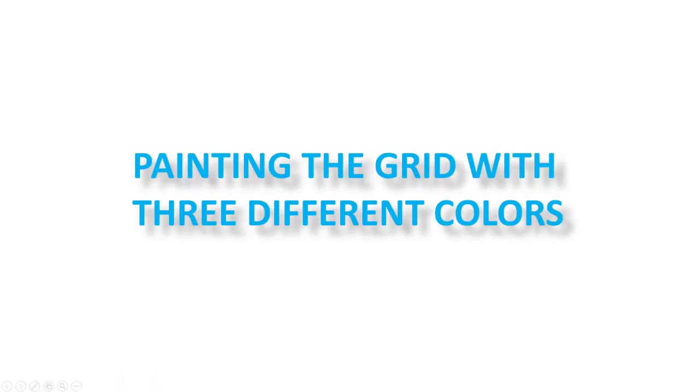Hello guys, so in this video we are going to solve the problem Painting the Grid with Three Different Colors. Before going through this problem, let me tell you that I have gone through the discussion part of this problem, and there I have seen a few solutions. The one that I like the most, I'd like to share here so that people who didn't understand it properly can get it done. Okay, so let's start.